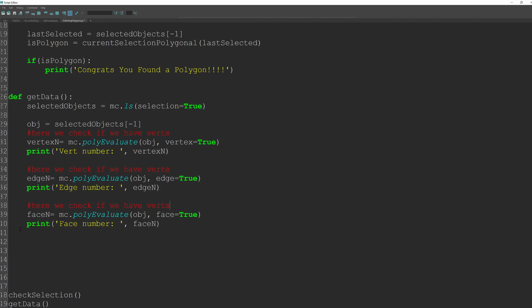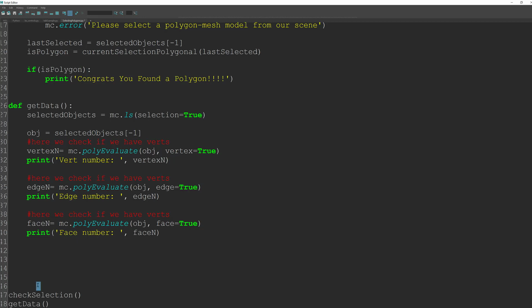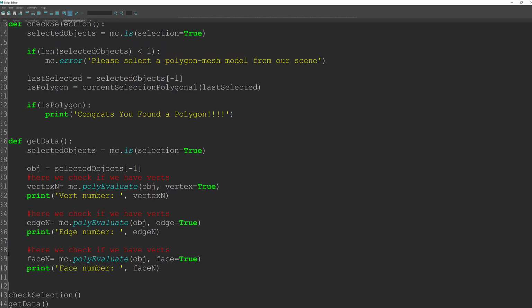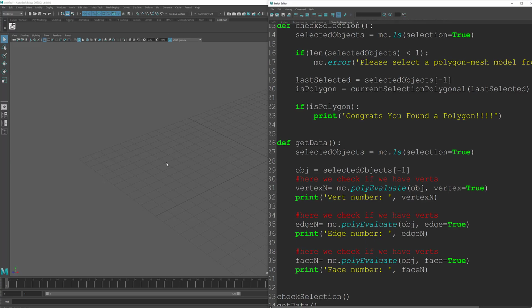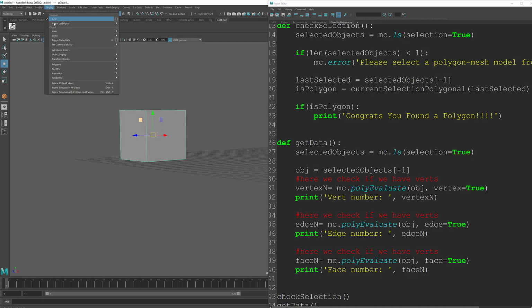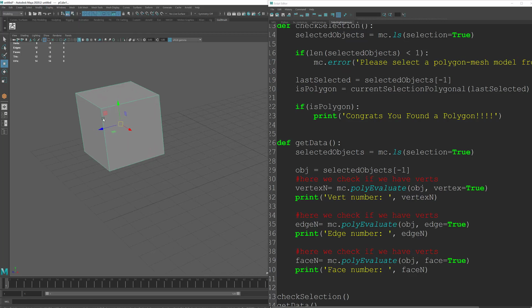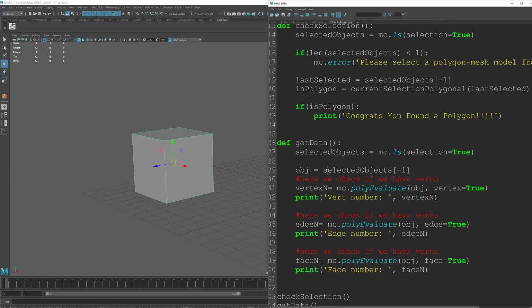All right, so let's bring this up just a little bit here. All right, so I'm going to save this, and let's make a cube. So I'm just holding shift and right clicking. And to check if this works, let's do our display, heads up display, and let's do polygon count, which is here. And if I run my script,